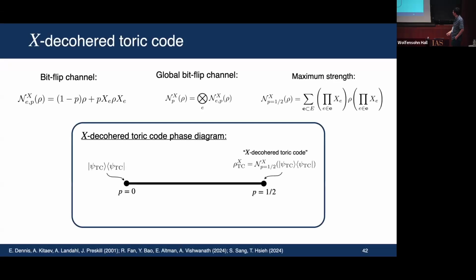So we get this phase diagram. Again, this is actually the same phase diagram that we saw earlier, because it's Kramers-Wannier dual to the model that we discussed for the Ising strong to weak symmetry breaking. In any case, there are again two phases. One of them is non-trivial in the sense that it's all connected to the p equals 0 pure toric code state. They belong to the same phase. And the other one is connected to the p equals 1/2 point, which you can show is a trivial state. So we have this trivial phase and non-trivial phase.